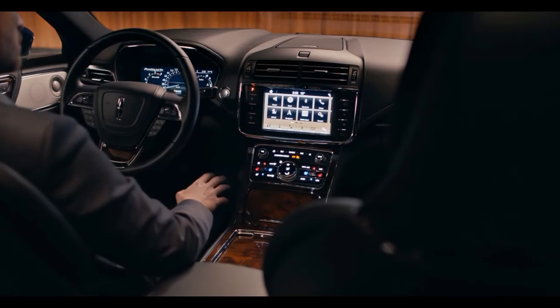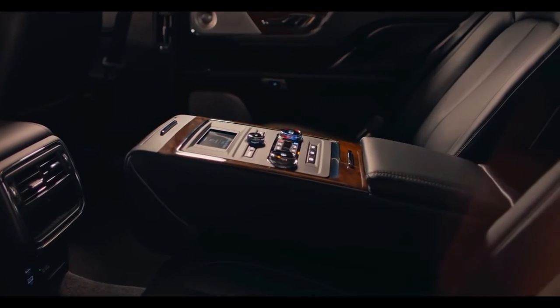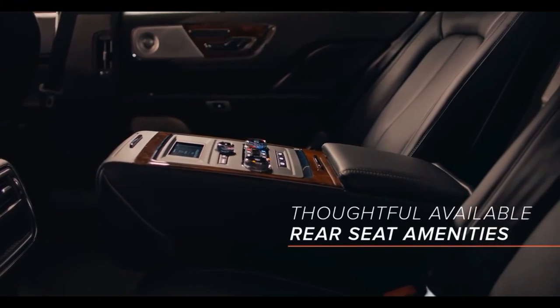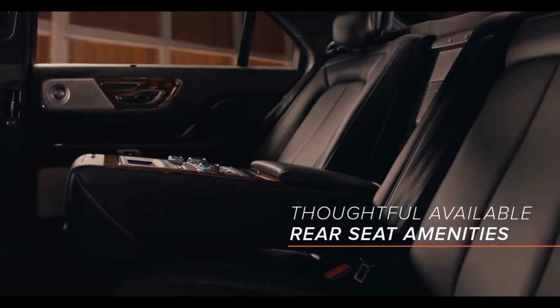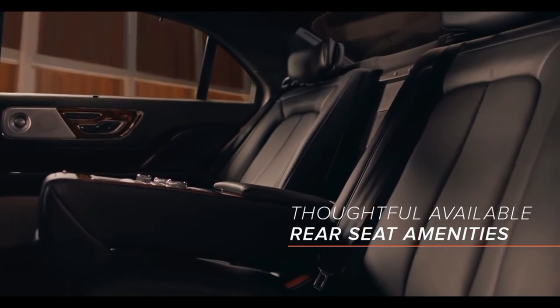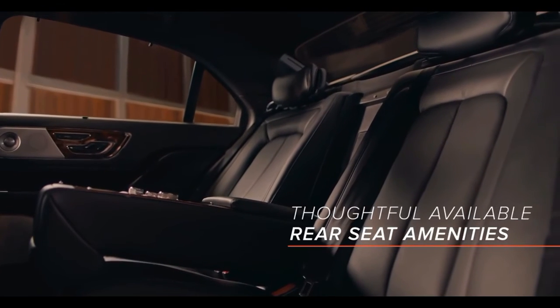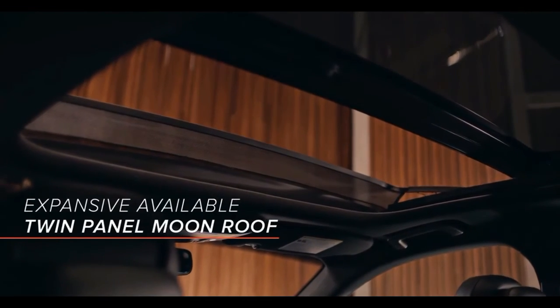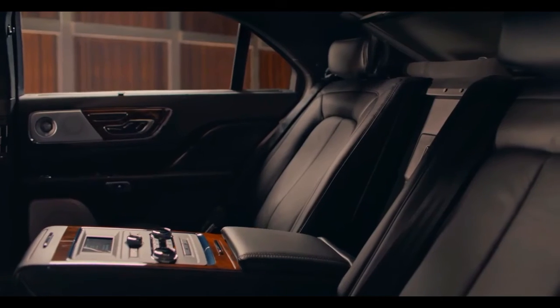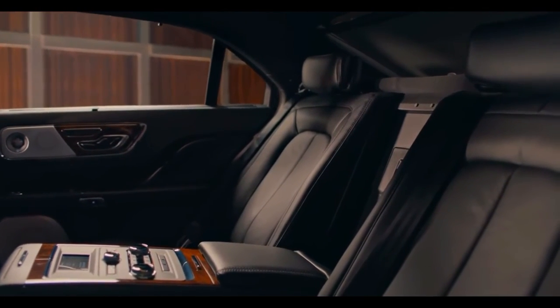Continental was crafted to give you thoughtful amenities and services. In the rear seat, you enjoy a wealth of refinements at your fingertips. Available massaging, heating and cooling reclining seats, audio controls, shade, and more. Its twin-panel moonroof fills the interior with light, enhancing the expansive feel of the cabin for a whole new perspective